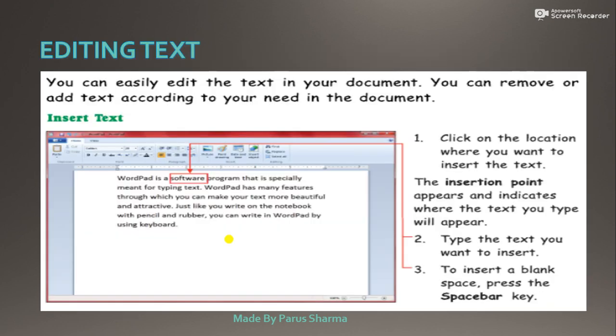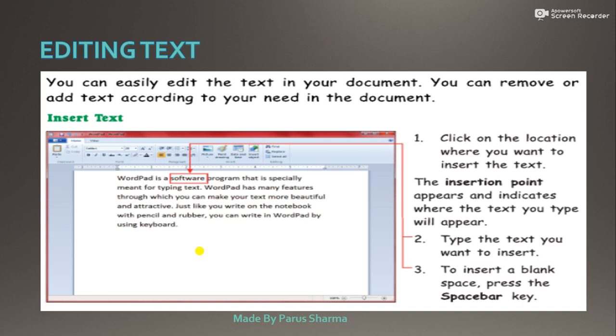Then we have an editing text option. Editing text means whenever you want to make changes in your text, like delete something, add something, change small alphabets to capital alphabets, or erase something from your document. That means changing or editing your text.